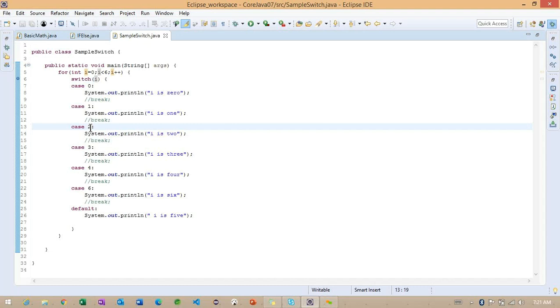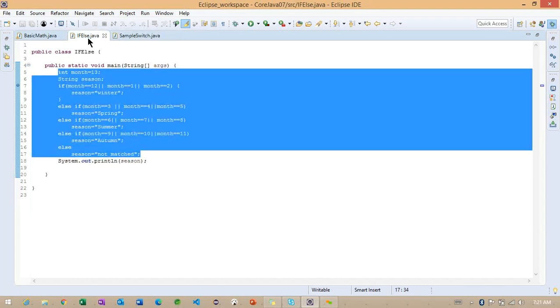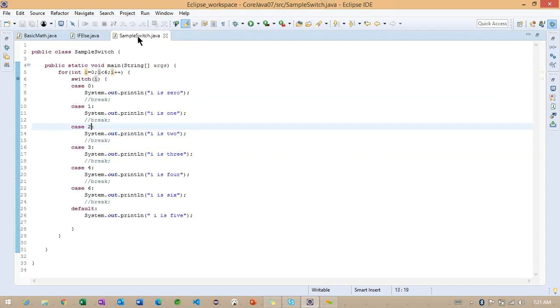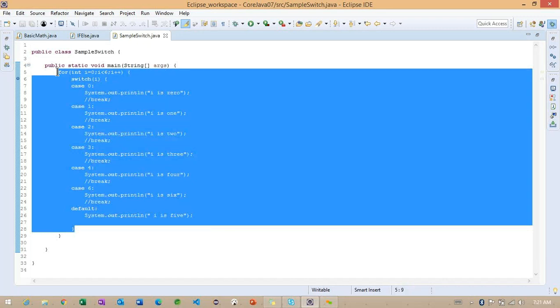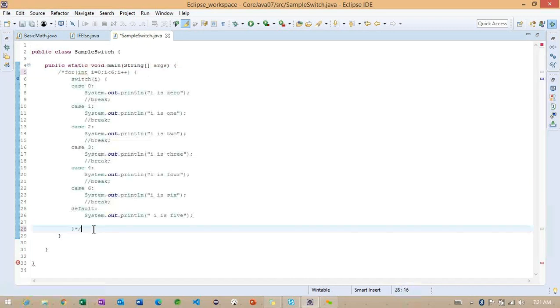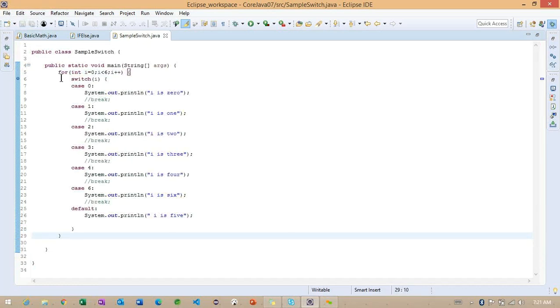Now I want to make one more here, the same example. Just now we implemented it with if else, a simple example we can check here. I want to make this entire loop a comment section, up to this.